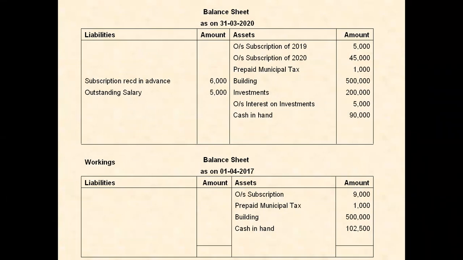Guys, the sum is over. All the items of receipt and payment are recorded. The adjustments were also done. Now I'm closing the opening balance sheet and finding the difference. In the liability I have nothing to deduct, so my capital fund is same, 6,12,500. This capital fund will be taken to the closing balance sheet inner column.